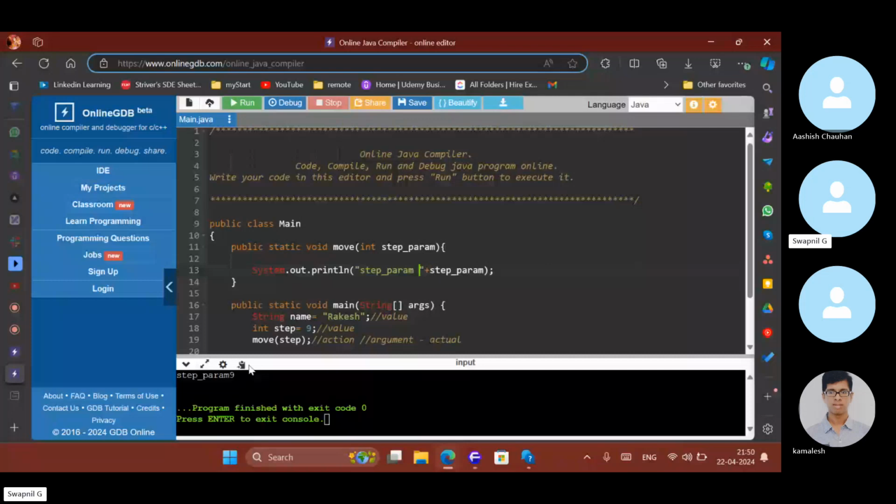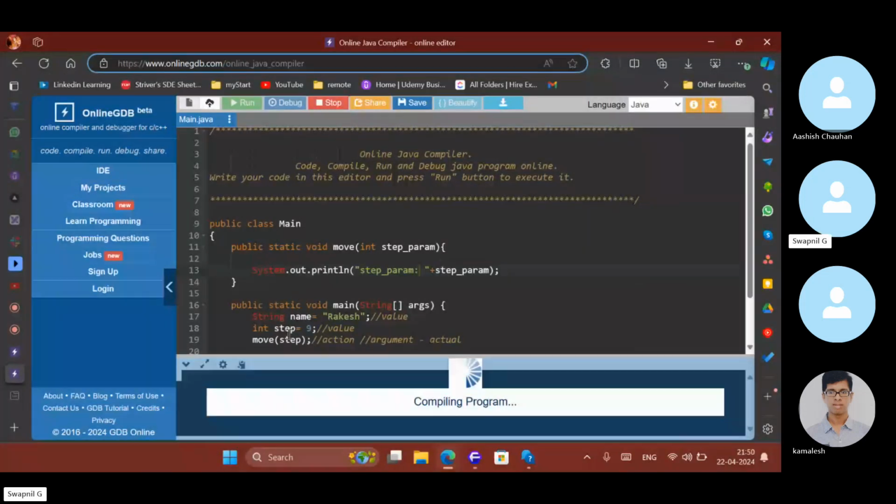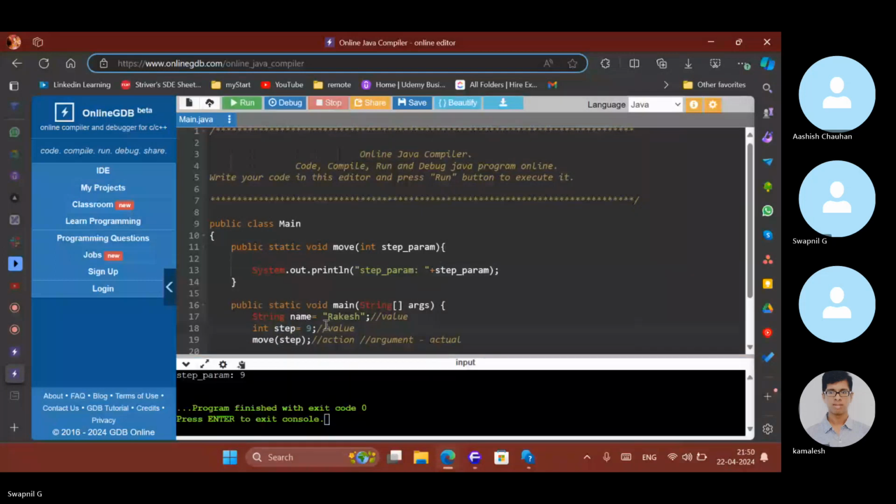And what is the value of step? 9. Okay. So are we passing the value here? Yes, we are passing value here, and you see the same value is coming, but are we sending this exact step over here?